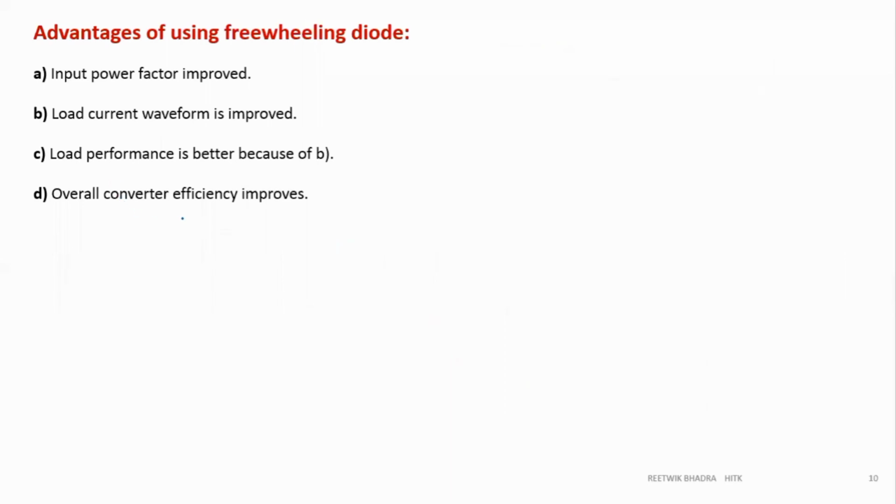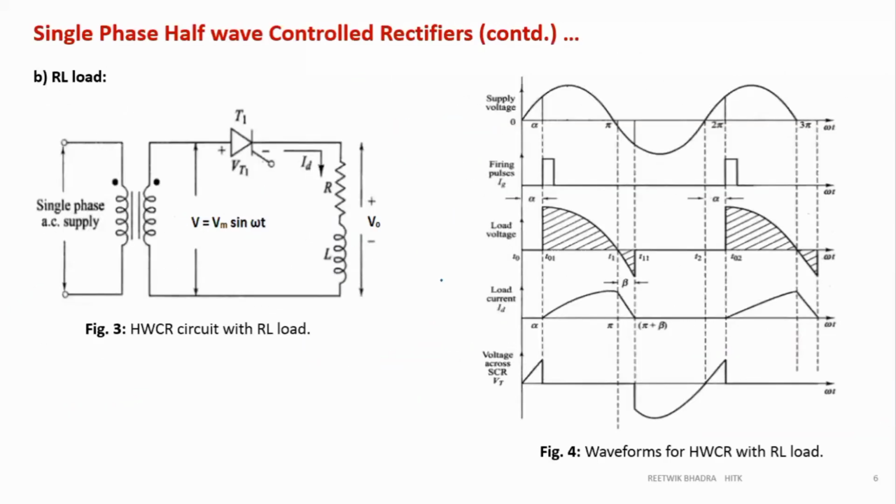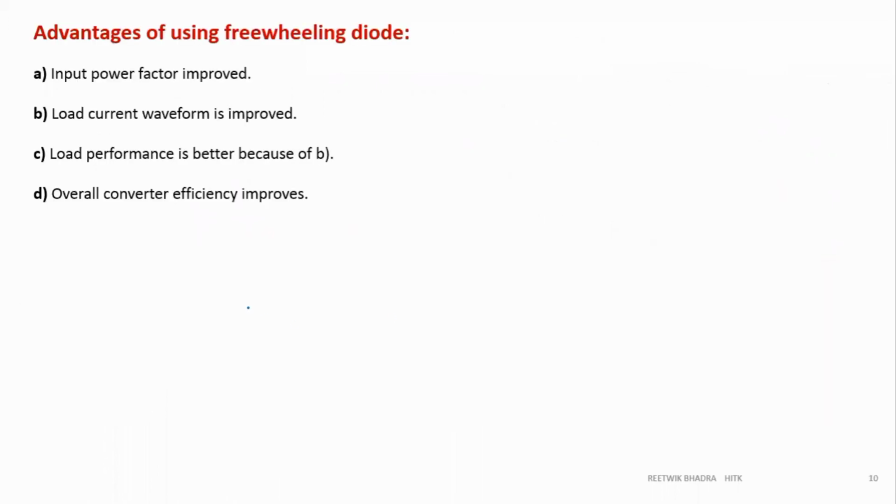And at last, we also see the converter efficiency improves. Why does converter efficiency improve? As I just told you, because there is a negative portion, the rectification efficiency reduces. What is rectification efficiency? Efficiency is output by input. The output is DC power and the input is AC power, right? You can do this calculation and find out. Or if you look at the waveform, this waveform is turning more towards AC, so obviously your rectification efficiency will decrease, because at the output we need a DC waveform. So these 4 points are very important.